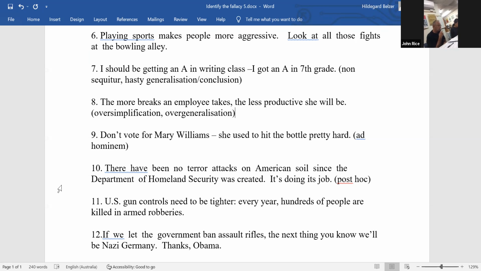Can you explain why you think that, Keiko, for number 11, cum hoc? Cum hoc, yeah. Now that means two things are happening at the same time, therefore one thing is causing the other thing. And it's jumping to a conclusion. They might actually just be happening and they're not related to each other.